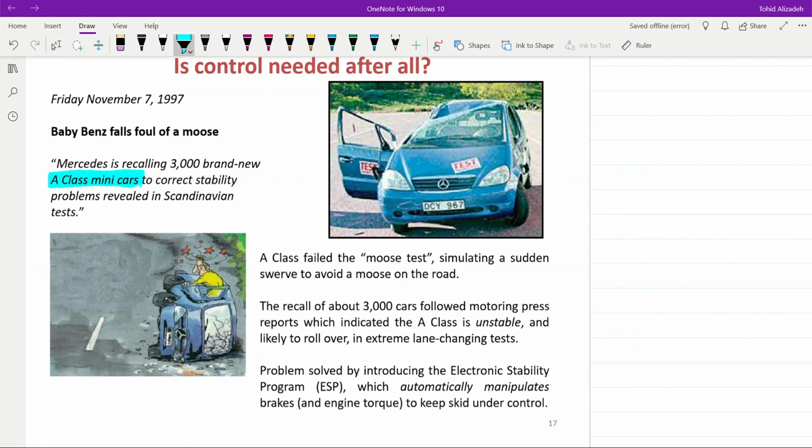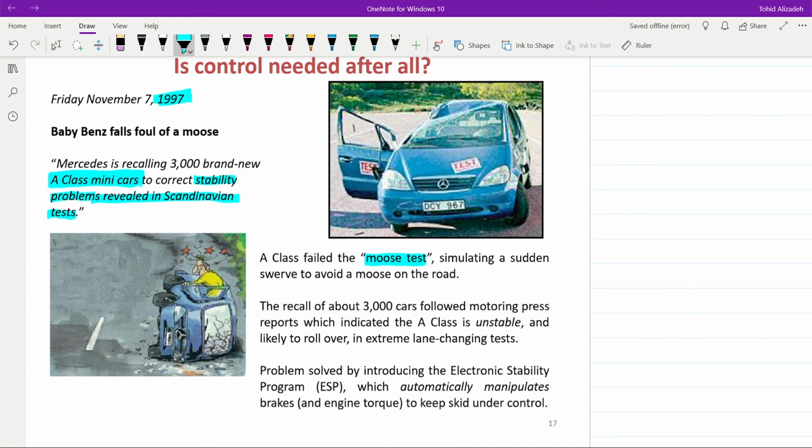The Mercedes called around 3,000 brand new A-class mini cars in 1997 in order to correct the stability problems revealed in Scandinavian tests. So basically they tested the car and the car failed to pass the test. It was regarding the moose test, and it was simulating a sudden swerve to avoid the moose on the road. And since the car failed that, they called all 3,000 cars,